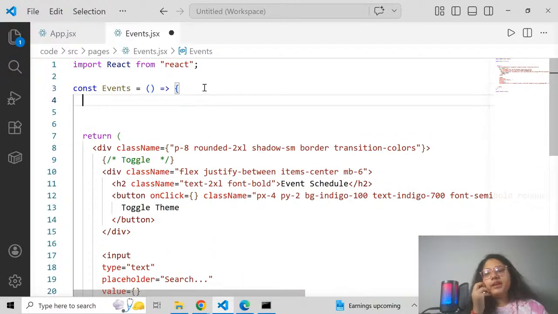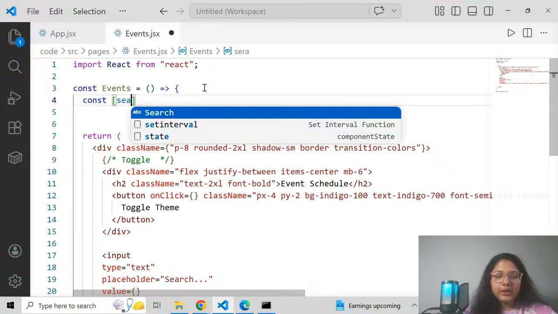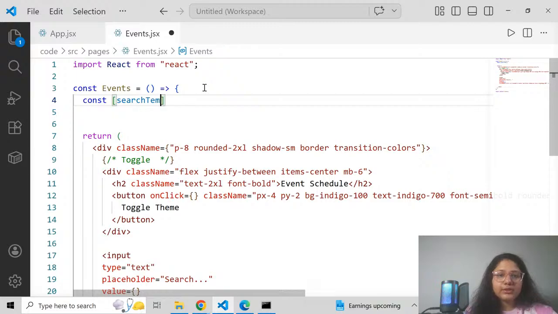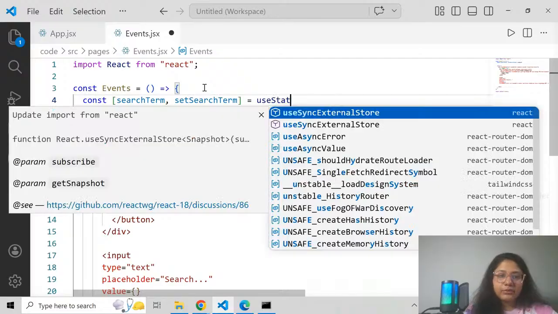whenever, because state is an intermediate, right? So even if you are getting the data from an API, you have to store it in state and then you display it in the UI. And whenever you're capturing user input also, you store it in the state and then you do the post request. So now I want two state variables. One is for search, where I can store what the user is searching for, the event name. Then I'll say set